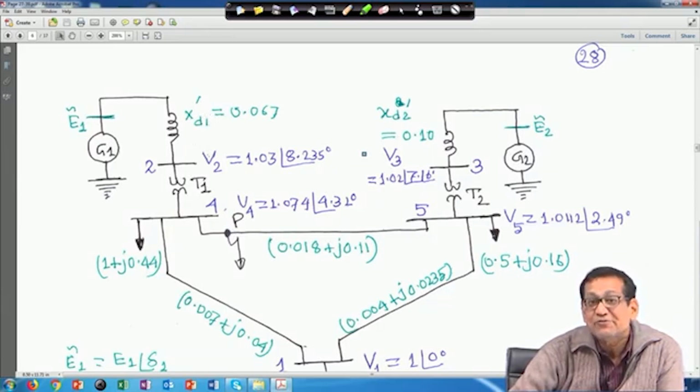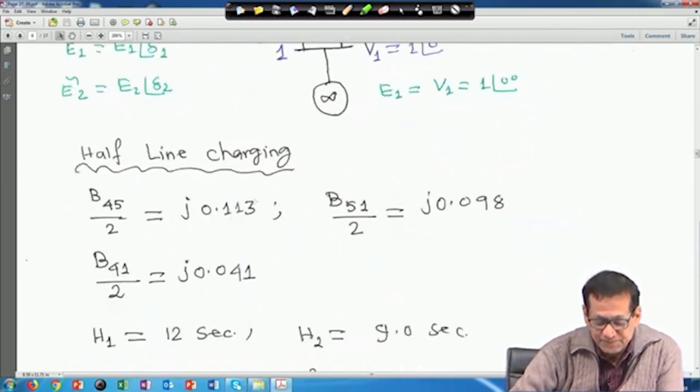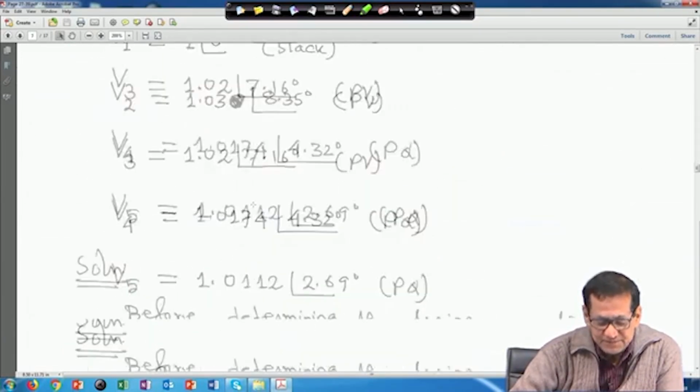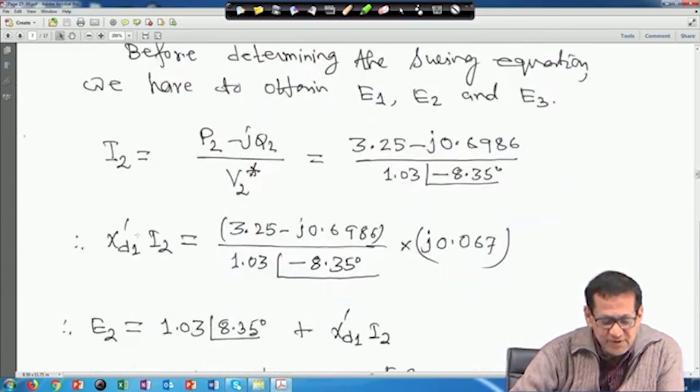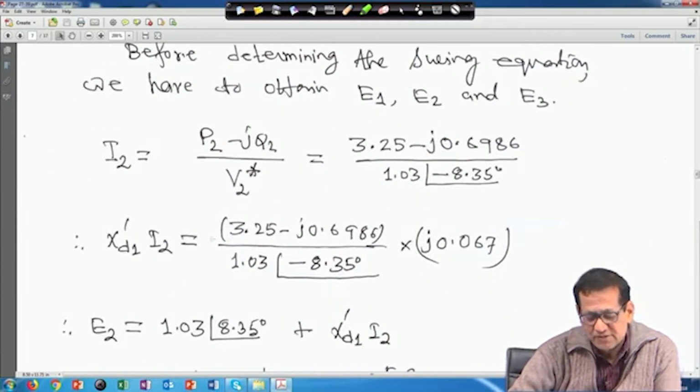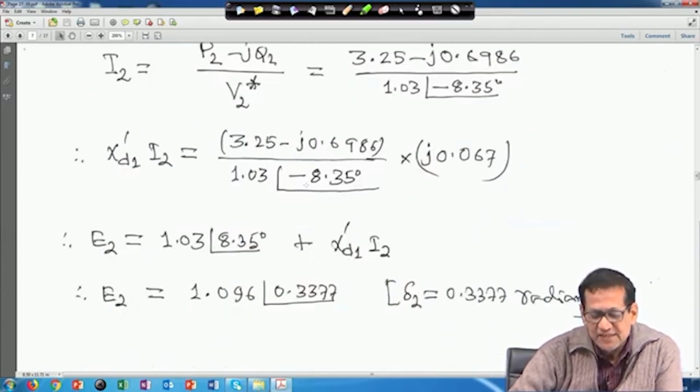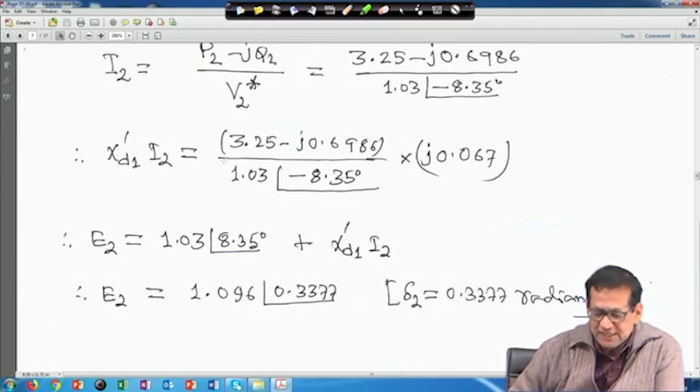We have to use equation 9, which is why we are multiplying by xd1' and I2. If you simplify all these things, you will get E2 equal to